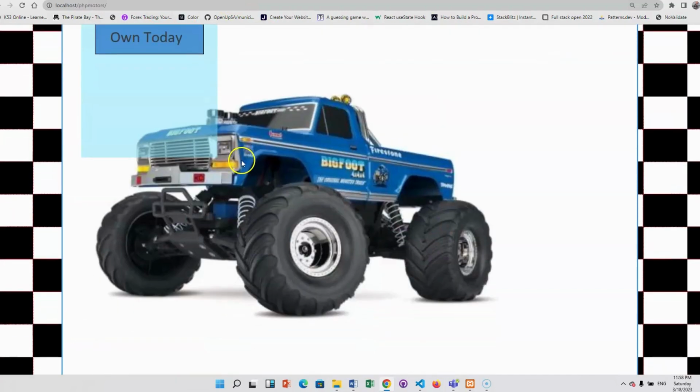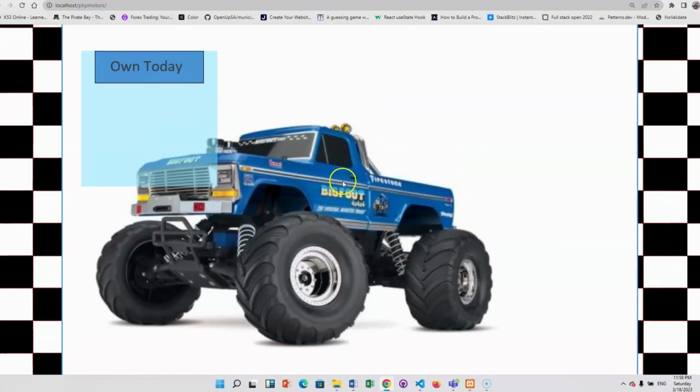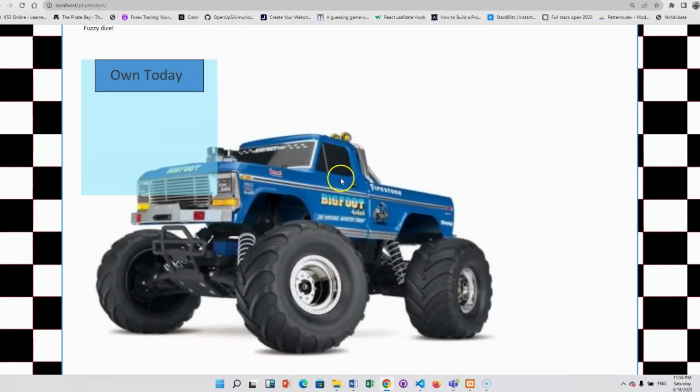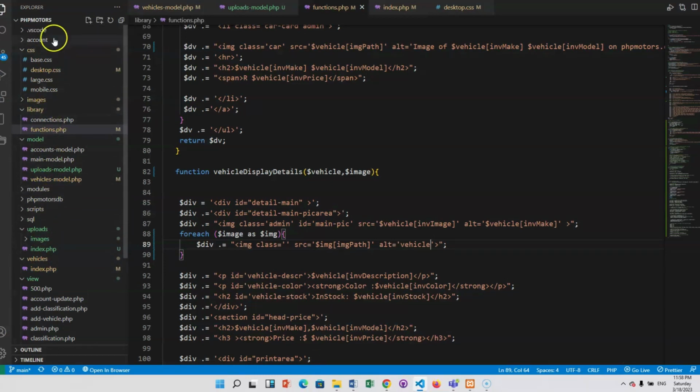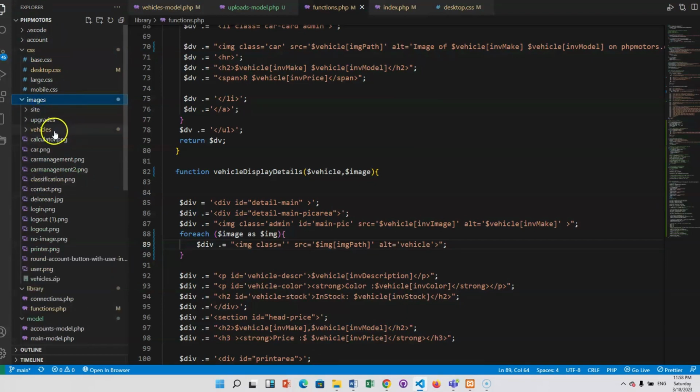So for example, now the front image here is being rendered. It's coming from the vehicle's images inside the vehicle folder. It's coming from here, right? So anyway,